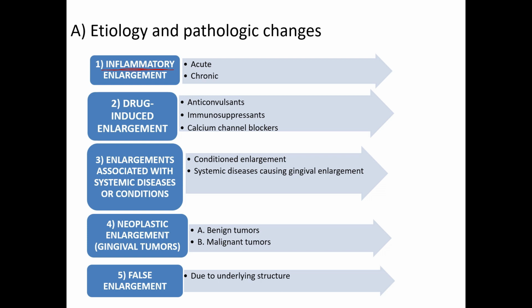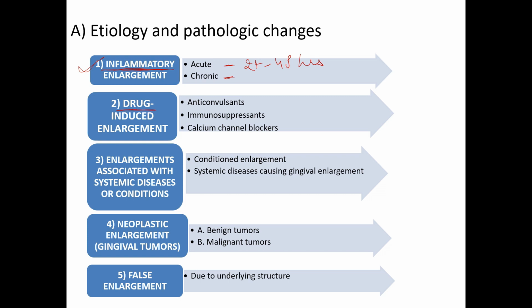So the gingival enlargement which occurs due to the prolonged exposure to dental plaque, calculus, and results in inflammation of gingiva and increase in its size, that is known as inflammatory enlargement. Now it can be acute or it can be chronic. It is called acute when the enlargement occurs in response to changes in the gingiva which take place in the last 24 to 48 hours. And the chronic inflammatory gingival enlargement is said when the changes in the gingiva have taken place since a long time and result in the gingival enlargement. So if 24 to 48 hours, then acute, more than that, then chronic.